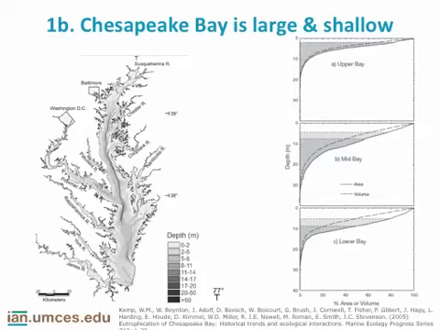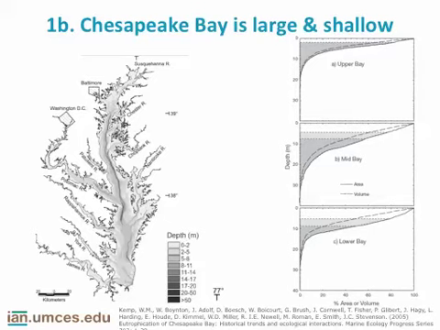The size and dimensions of Chesapeake are pretty significant. One, it's very large, as I mentioned, 200 miles top to bottom, and you can see from this bathymetry graph on the left the old river valley from the Susquehanna River down the main stem. But what's really important is the rest of the bay, other than that relatively deep channel, is extremely shallow. The average depth of Chesapeake Bay is